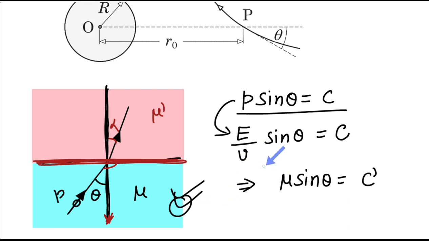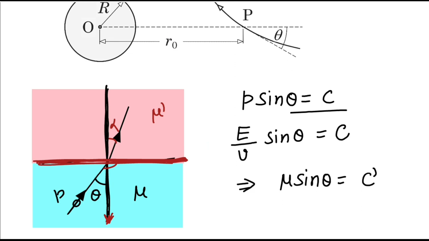So of course C by mu and the C part and E part are also constant, so we can say that mu sine theta is constant. So the result is nothing new. We already know this result, but we have derived this result using the conservation of linear momentum. Now we are going to use another, very similar, conservation.